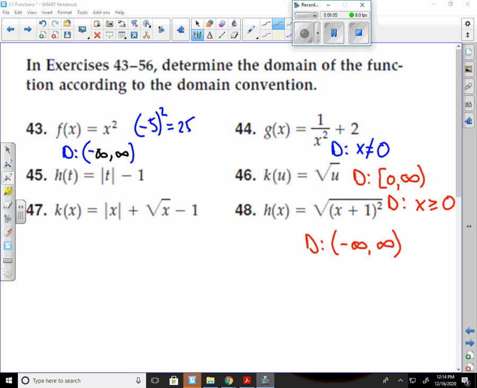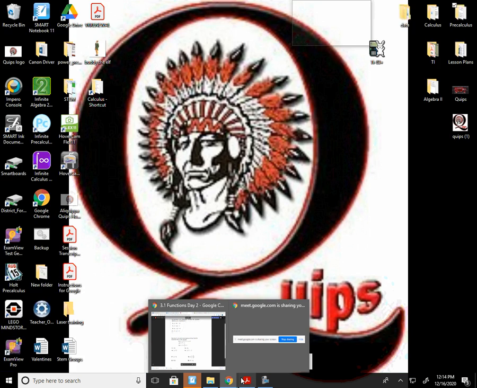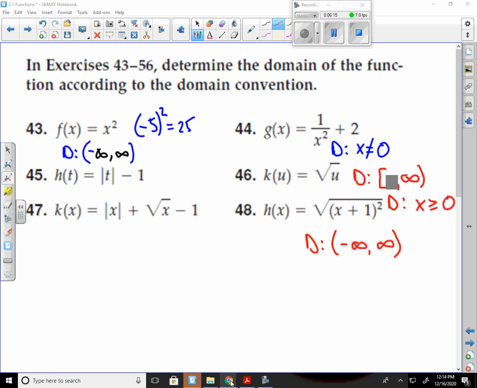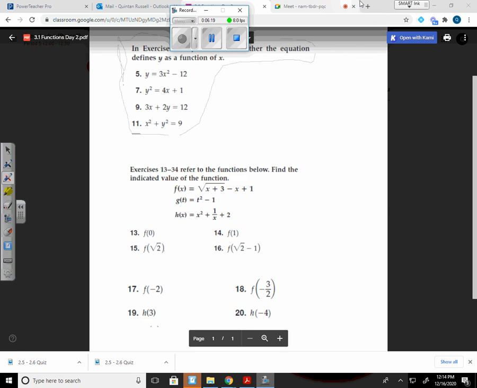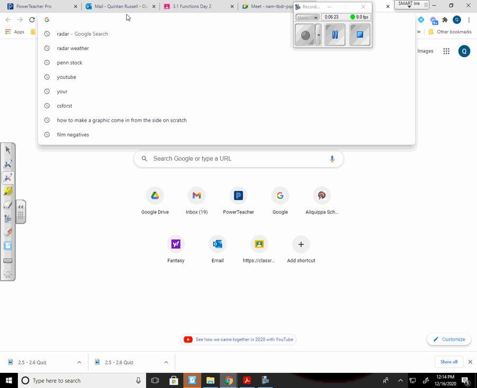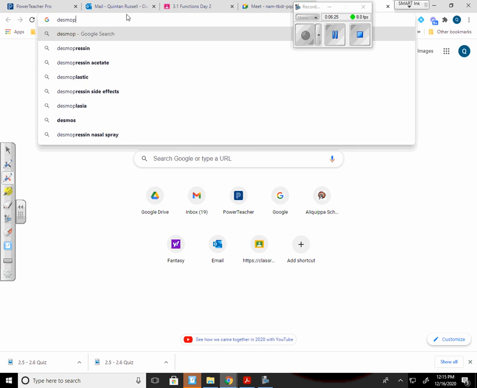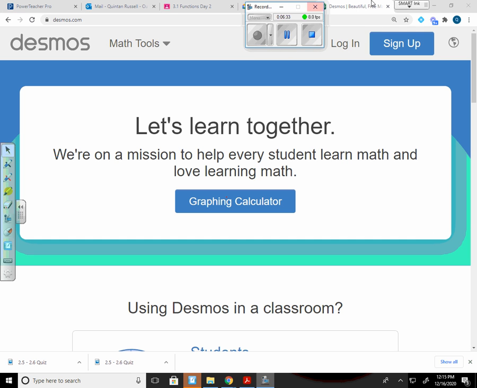So this is like looking at it from the algebraic approach. However, we can also look at it from a different approach here. If I don't know, just by looking at it, whether it's going to go from infinity to negative infinity or whatever, I can graph these in Desmos, and it will help me to see it. So just by doing the graphing in Desmos,